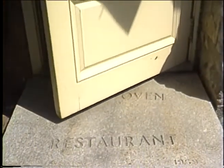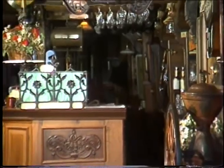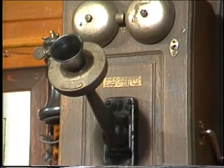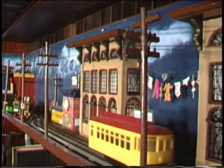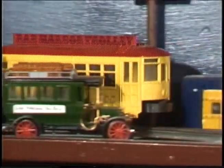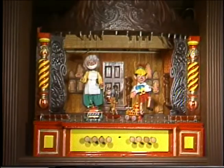Please enter with me and enjoy a visit for a few minutes as I stroll among the dining rooms and experience the warmth offered to you, the hungry traveler. The atmosphere here at the Brick Oven is quite unusual. There are 6 dining rooms to choose from, and each one is quite different from the other, with many collections of old toys and antique electric trains, topped off for your amusement with a mechanical marionette theater located in the